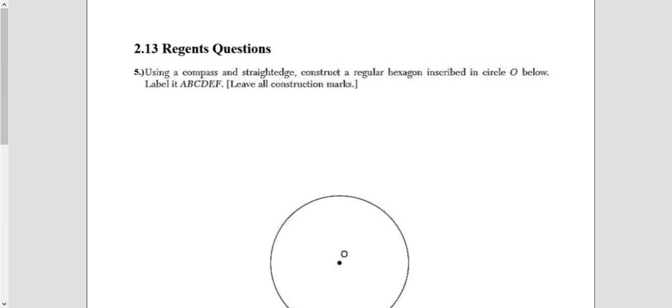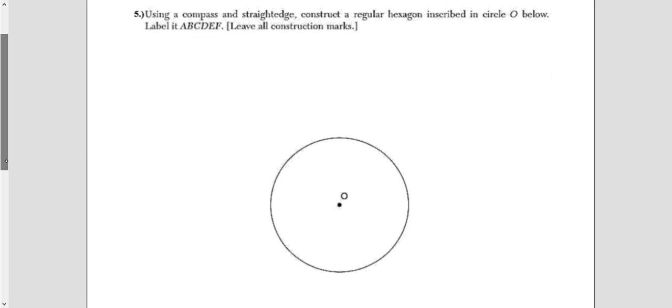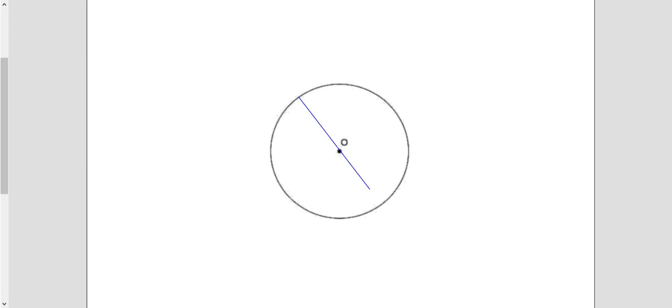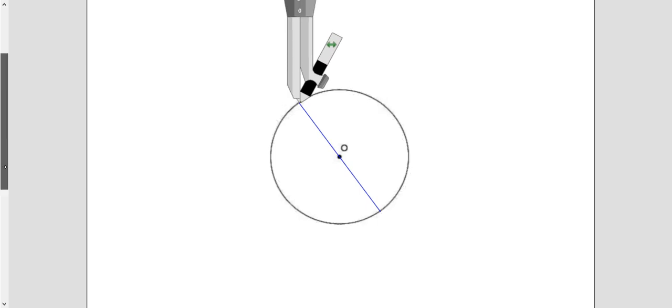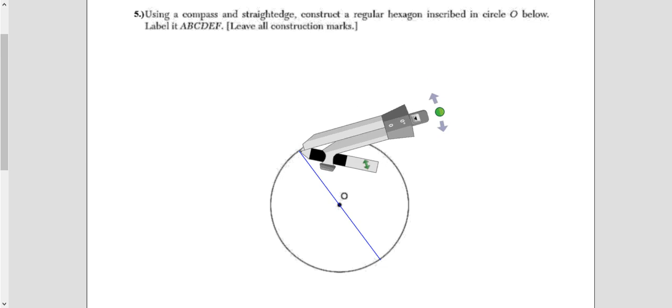Okay. What's the next one? Yeah, another hexagon, but we have to do something with it. And then there's a follow-up question. So I think you guys know how to do a hexagon, so I'm just gonna start cranking through this. Okay. So a little angle there. Compass. Any size or no? Measurement of this and then